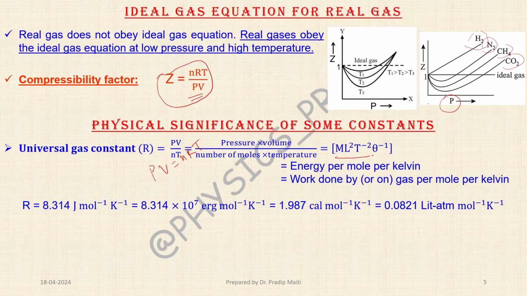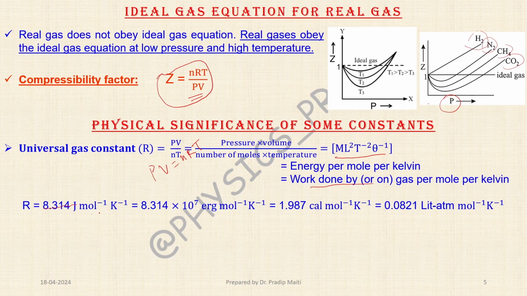If we reduce the dimension of the universal gas constant, it will be M L to the power 2 T to the power minus 2 theta to the power minus 1, where theta is the temperature. So R represents the energy per mole per Kelvin, and also the work done by the gas or on the gas per mole per Kelvin, and the values will be